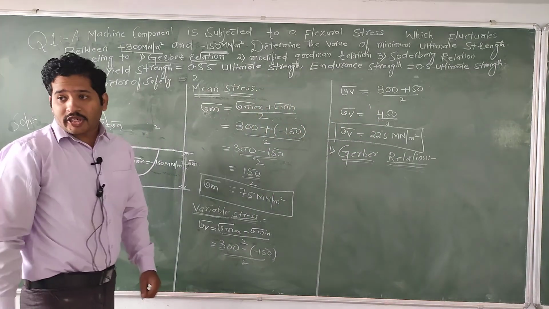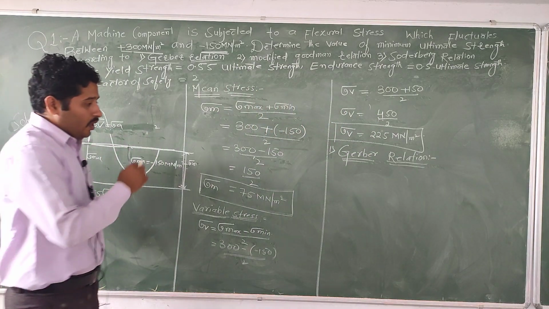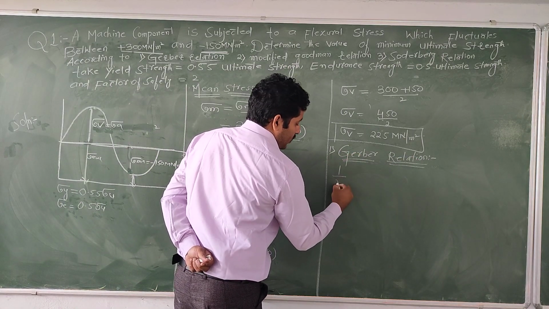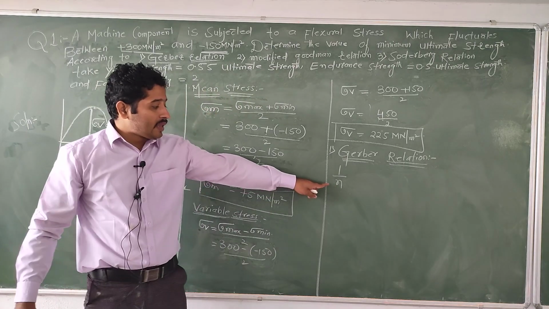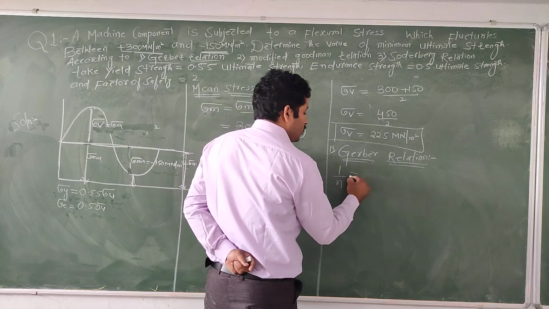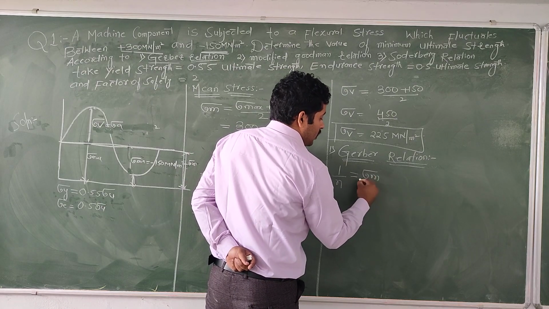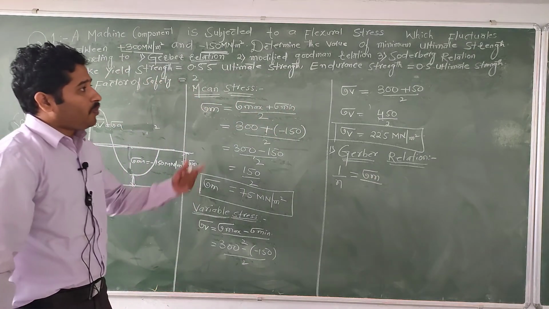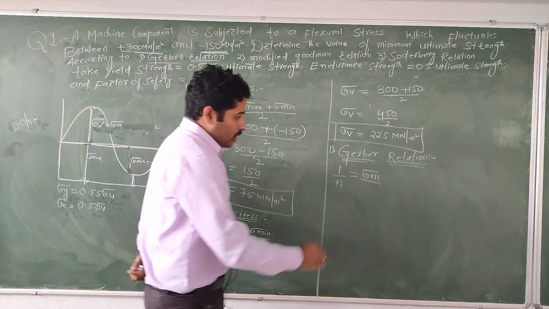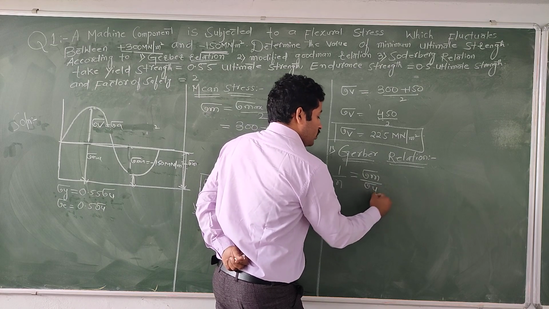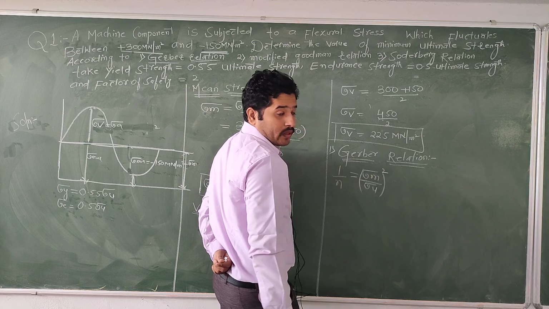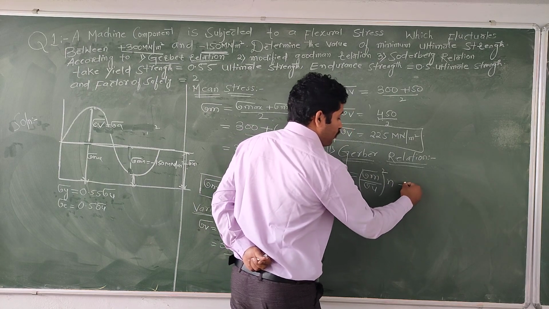Already we solved the derivation part, so we know the formula for the Gerber relation. 1 by n, which is nothing but the factor of safety, equals the mean stress by, we are talking about the ultimate stress, sigma m by sigma u, whole square, into n, plus